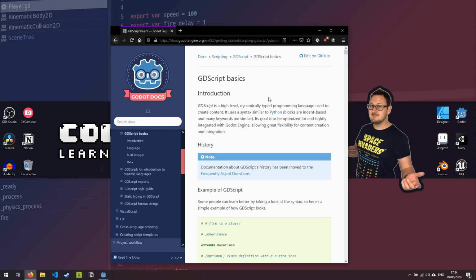It says GDScript is a high-level, dynamically typed programming language used to create content. It uses a syntax similar to Python, meaning blocks are indent-based and many keywords are similar. Its goal is to be optimized for and tightly integrated with the Godot engine, allowing great flexibility for content creation and integration. So, what we're saying here is that GDScript is a programming language, a dynamically typed programming language, which